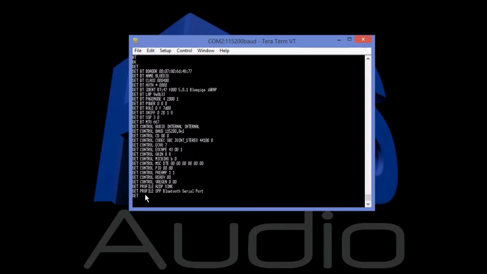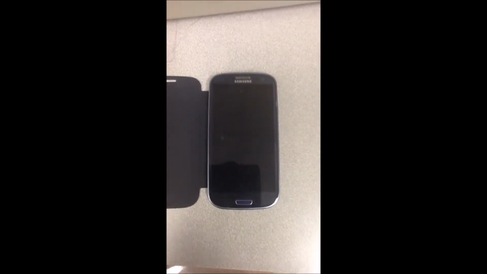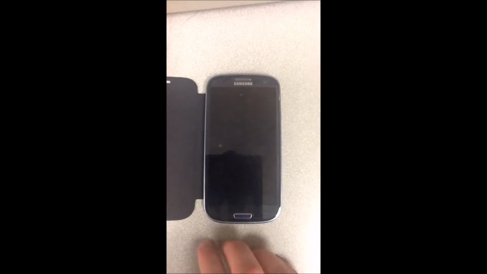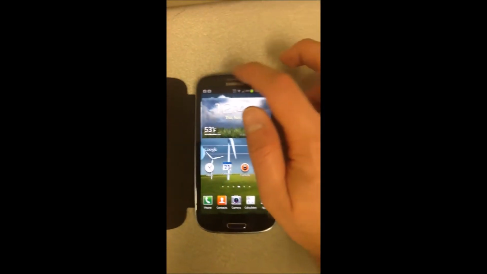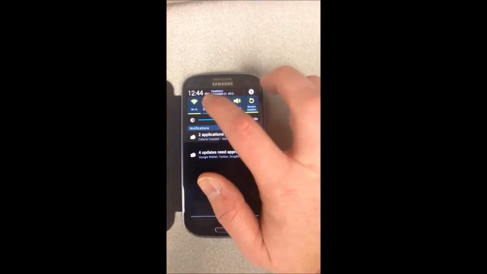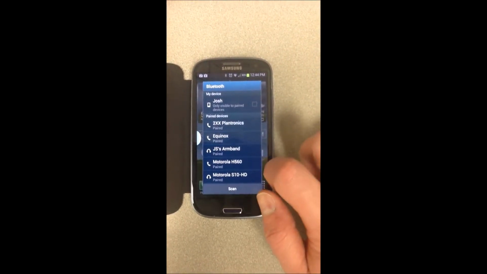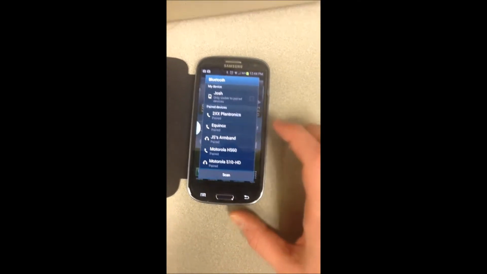So now we're going to initiate a connection on the smartphone with the device. Okay, here I'm just using my Android Samsung Galaxy S3 smartphone. I'll wake it up here, and we're going to turn on the Bluetooth, and we'll see paired devices that are already paired with mine. We want to scan for a new device,